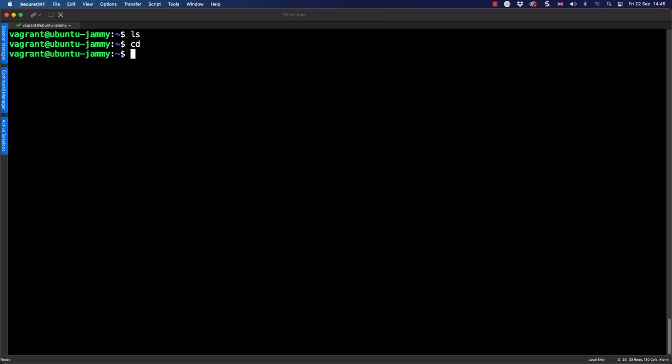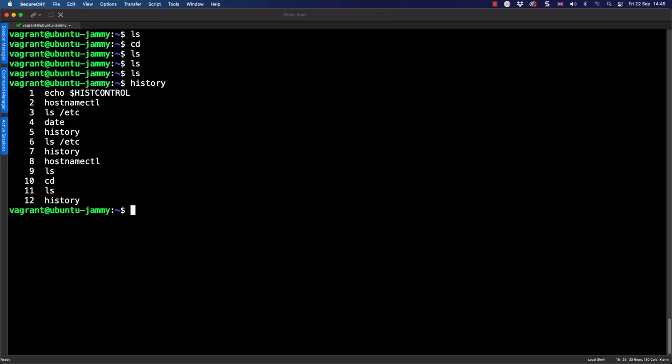On Ubuntu, by default, it might appear that it's working quite reasonably. If I go through and run the ls command, and immediately follow it with the ls command and the ls command a couple of times, if I go through and take a look at the history, we can see that I issued the command cd on line 10.